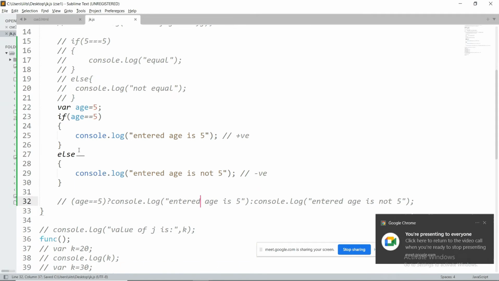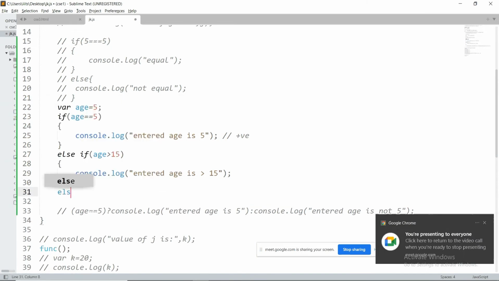So if you want to go for an else if statement, then what can I do? If you want to write multiple conditional statements, then I can go with the else if block. For example, if age is greater than 15, entered age is greater than 15.